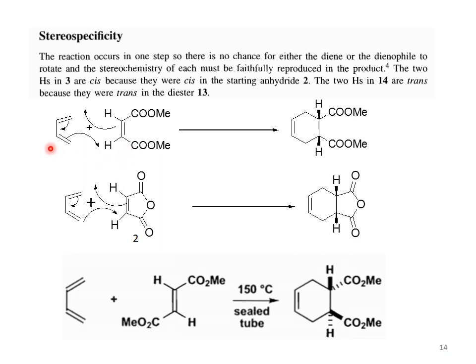See this one, this is a diene, this is a trans dienophile, this is an ester, but here the dienophile has trans configuration. So the hydrogens are on the opposite side of the double bond. So this is a thermally catalyzed reaction. The above reactions occur at room temperature, but this reaction with a trans alkene, trans dienophile, occurs at a higher temperature, which is 150 degrees centigrade, in a sealed tube. Then the product forms. See the configuration of the product, the two hydrogens are now opposite to each other. One hydrogen is above the plane and the other hydrogen is below the plane.